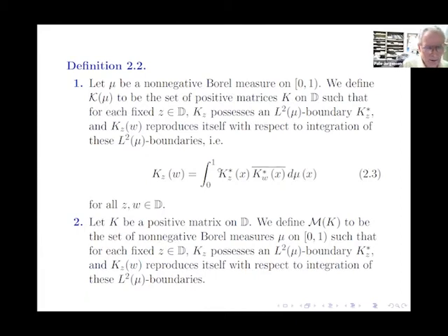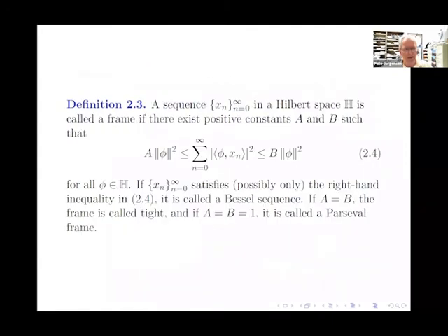And actually, I'm not sure we have settled the question of whether M of K is non-empty for the most general K, but we'll be interested in the measures mu that satisfy 2.3, and the measures mu that satisfy that we call M_K. And so we'll have a lot more to say about M_K, and similarly, starting with the measure mu, we will have a lot more to say about script K of mu, and the correspondence between them would be a new kind of duality.